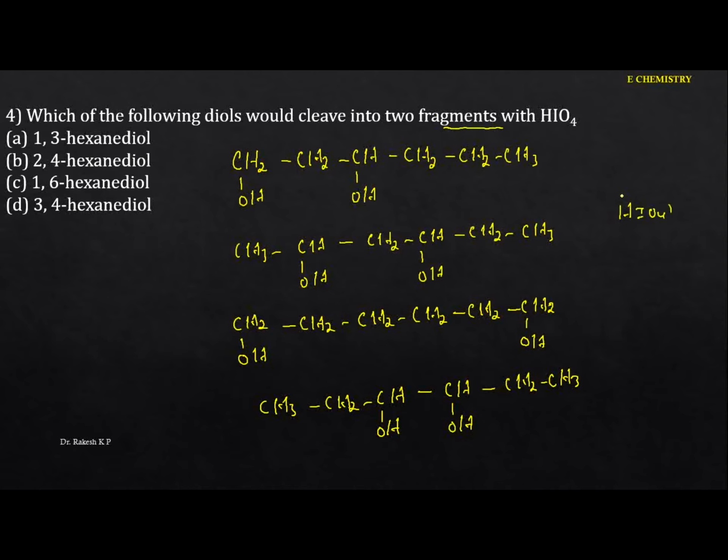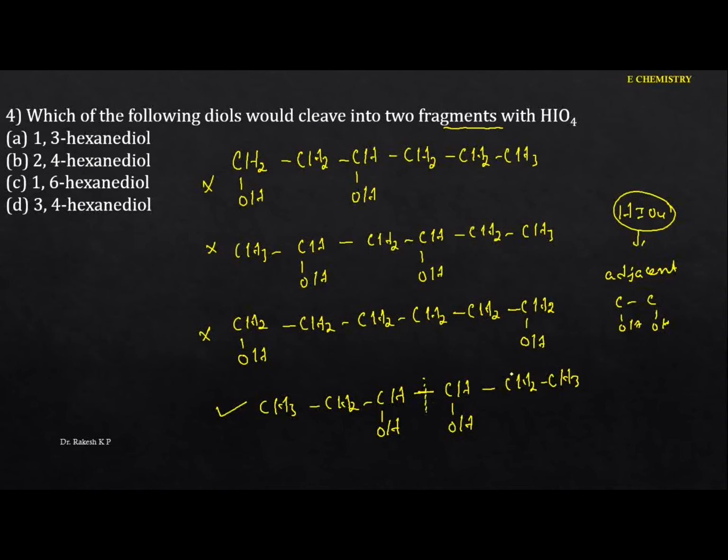One of the conditions is that there should be an adjacent carbon, that is, the adjacent carbons have to contain the OH. But in the first structure it is not on the adjacent carbon here. Just go to this one here. Here the OHs are at 1,3. If it is 1,2, they undergo cleavage. Here also it is not possible. But here, go to this one. Here it is possible. That means it will cleave here.